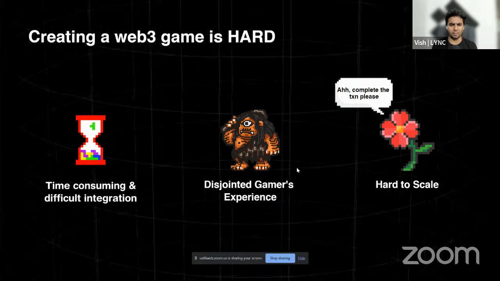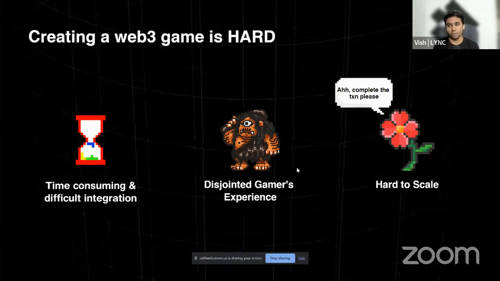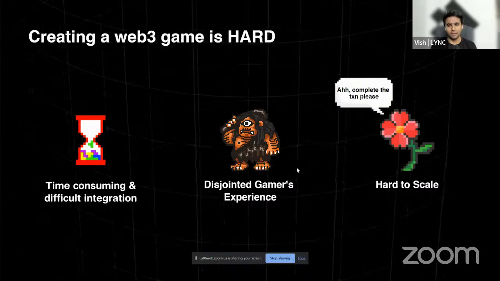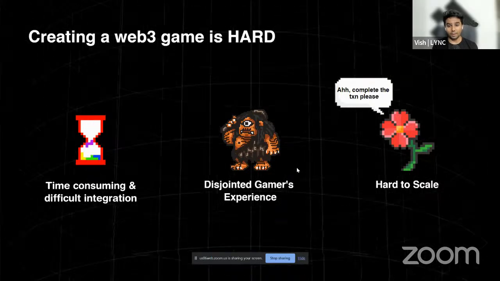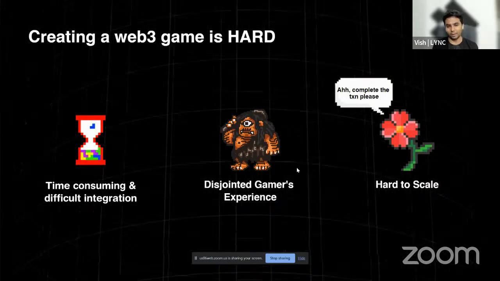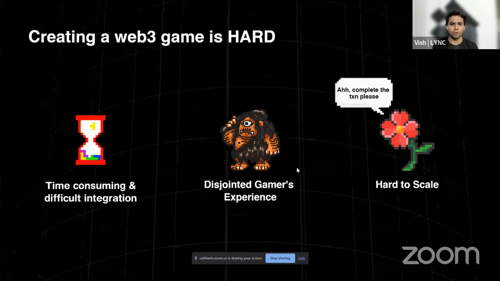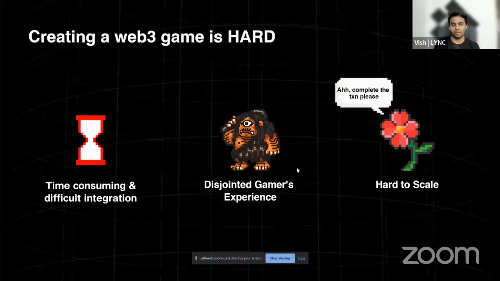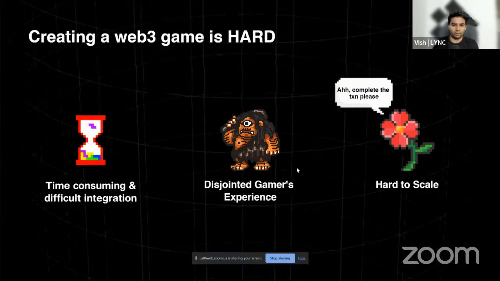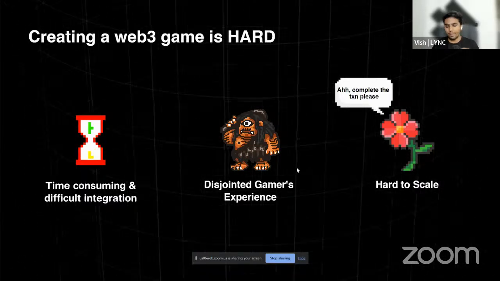People end up losing faith in the Web3 gaming industry because of the alienating terminology: Web3, NFTs, minting, and all. They have to see all these things in the documentation. And those who are already familiar with this terminology end up spending their time solving the whole integration of the Web3 elements rather than focusing on the games.